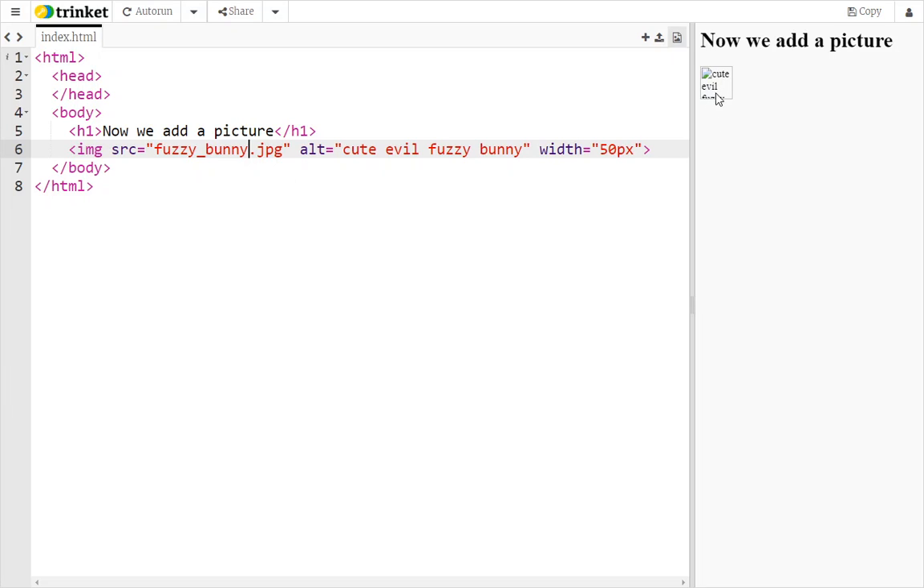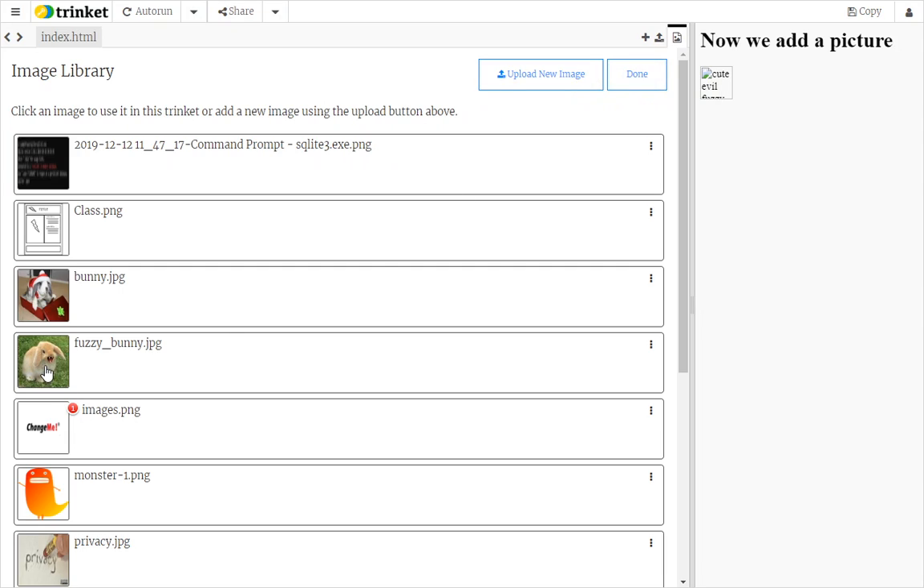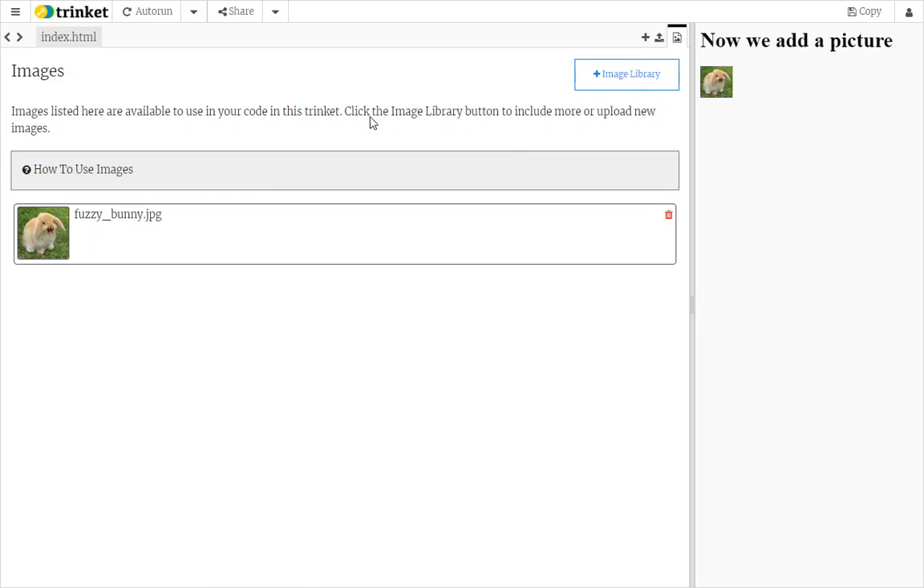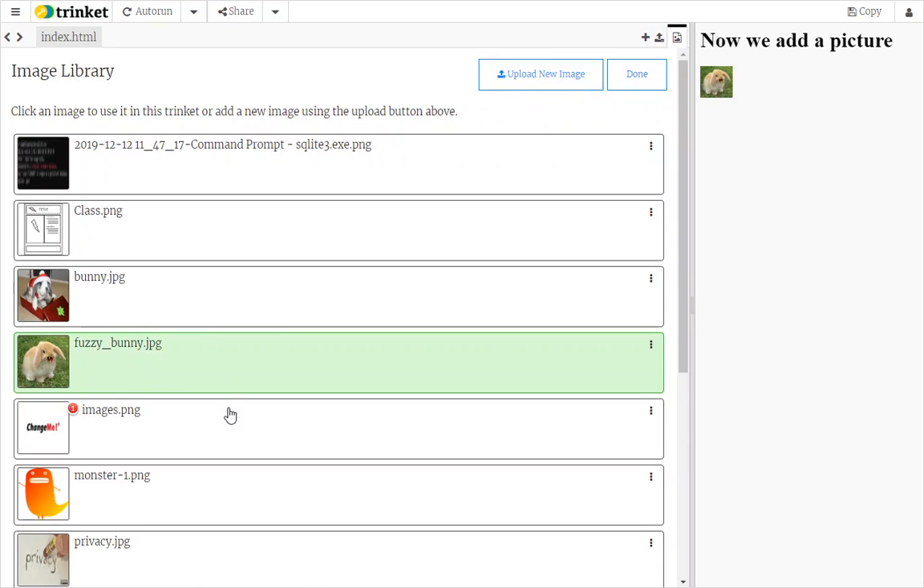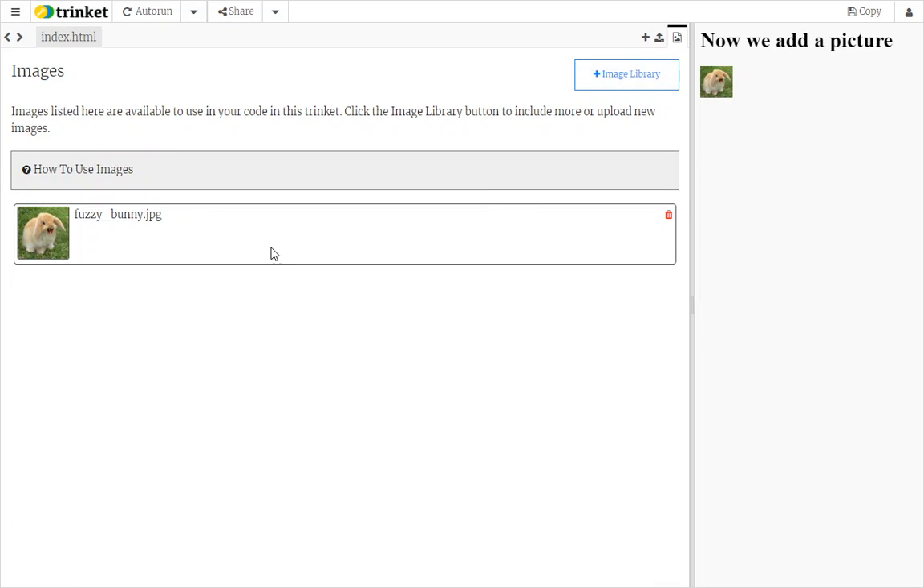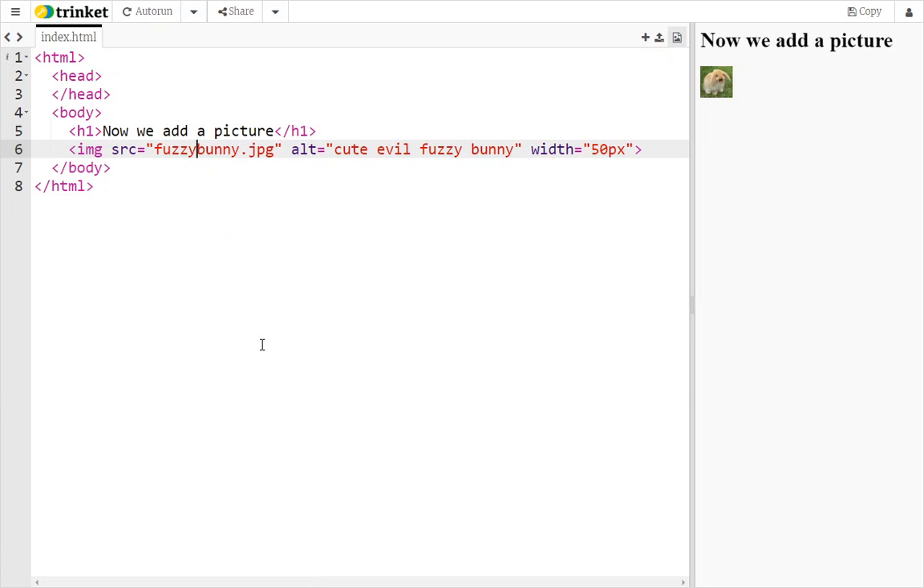So fuzzybunny.jpg did not work, right? Fuzzy bunny, and I think that's because I actually need to, there you go. So you do need to click on it when you upload, or if you already have some other ones, you need to click on it, it'll show up. But again, you have to pay attention to this. If I just typed in fuzzy bunny,